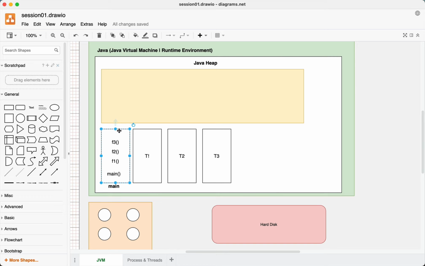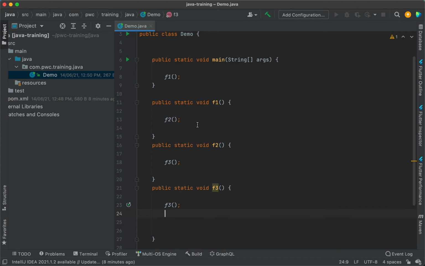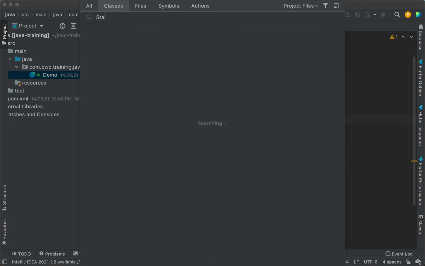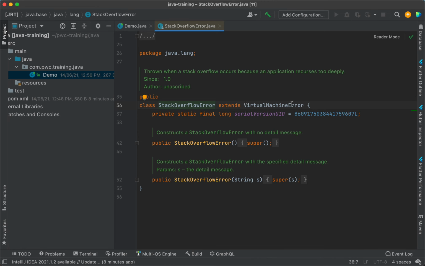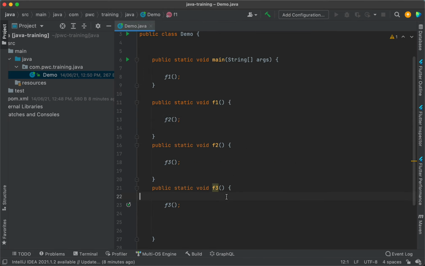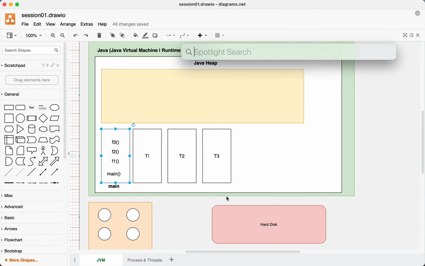So the moment it reaches that size, because now there is no more space to push other functions here, Java will result in a Stack Overflow error, and that is an error. You can see this here. This is an error, not an exception. Throwable is right on the top, and then you've got Error and Exception. We will come to that later when we talk about exception handling in Java. Otherwise, it will result in a fatal error, that is Stack Overflow. Right? So that's how it is.